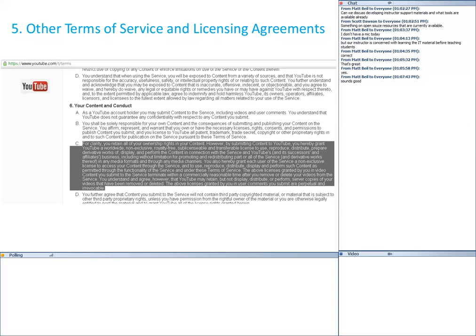The only time you have to get involved with the content creator for a YouTube video is if you wanted to download it or get a copy of it and serve your own version of that file from your own website, or if you wanted to edit that video, you would have to get permission from the copyright holder. If you're only sharing the video or pointing to it from your curriculum and your course materials, there's nothing else you have to do. It's as simple as pointing to it, just like any other website URL. Okay? The next slide